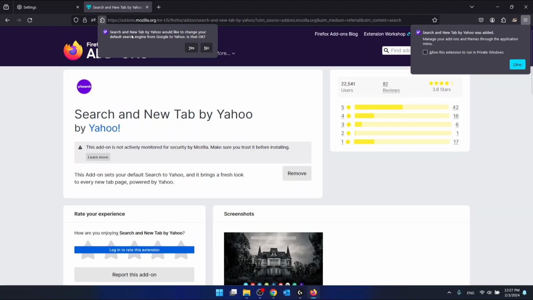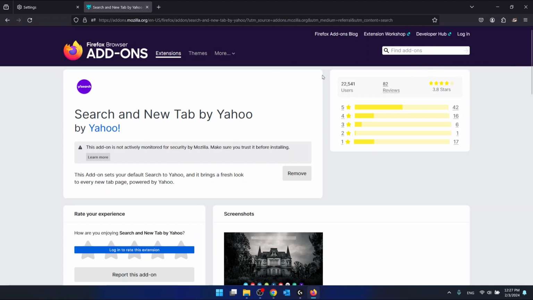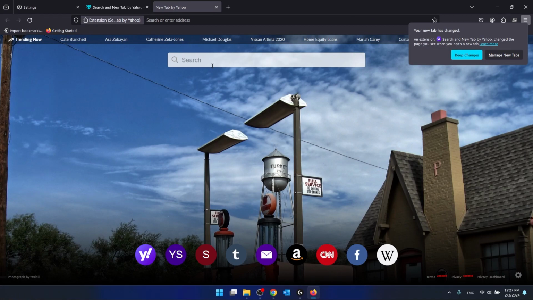and then in the option search and new tab by Yahoo would like to change your default search engine from Google to Yahoo, you want to click yes. And here you can allow this extension to run in private windows, but you don't need to, so you don't need to mark this, it's up to you. Just click OK. And from this time, after adding this add-on, if you open a new tab, this will search